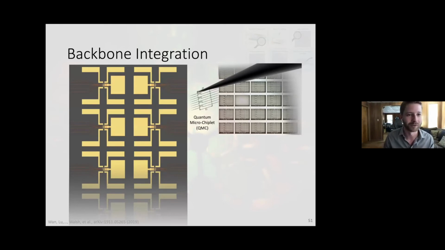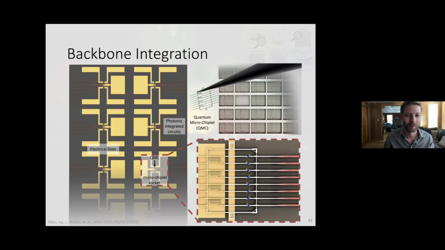onto a backbone chip, or the main device, which has electrical control, as well as a photonic integrated circuit layer to extract photons. And so we place that on there, and we're able then to control our NVs or our other quantum emitters electronically, and be able to collect the emission from the quantum emitters. I think the largest device that we have right now has 128 nodes in it. But again, not quite fully quantum yet, but getting there.